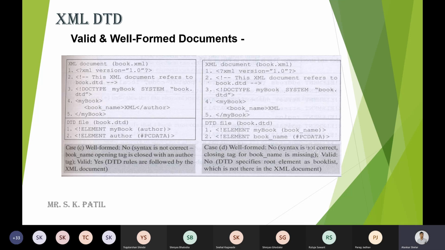Look at the second example. Case C is given. Is it well formed? No. Why is it no? Syntax error, the syntax is not correct. What is the problem with the syntax? The book name opening tag is closed with an author. Where? Look at line numbers 4 and 5. In between line numbers 4 and 5, check it. Book name is XML and book name is not ended. It is author that is ended. Its syntax is not correct. So it is not a well formed XML